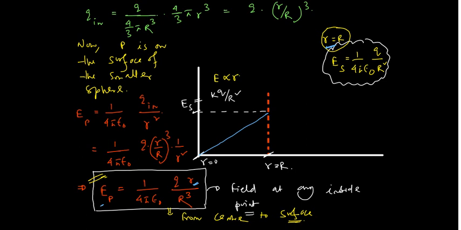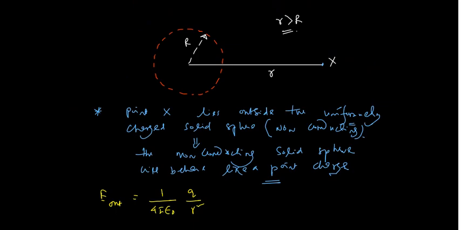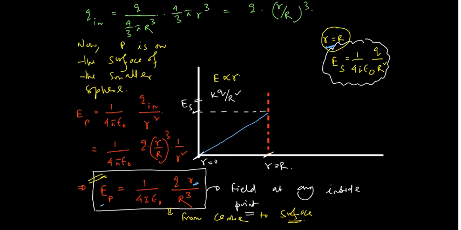At the center it is 0, and the moment you are coming outside, it is the same as we have seen in case of spherical shell and conducting solid sphere. That means it will have inverse square law variation, that is, it is proportional to 1 by R square, right? So this is basically the E versus R representation in case of non-conducting solid sphere, that you have to remember.